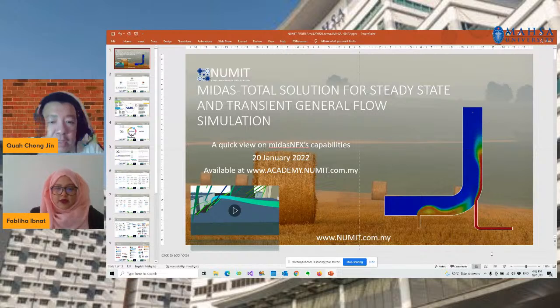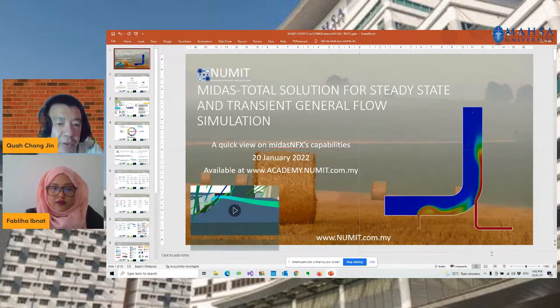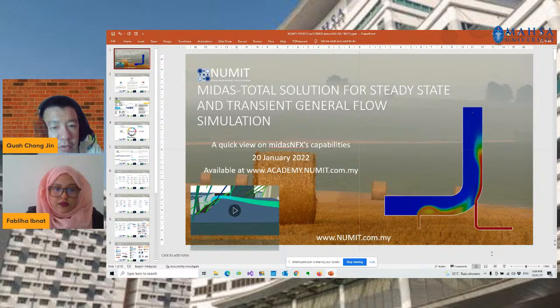Okay, so I will start with a short presentation before I move into a demonstration of using the software called Midas. Basically, I'm from Numi Engineering, located in Selangor. We have been doing simulation works and reselling our software for more than 10 years. We focus on a lot of industries like automotive, aircraft, medical, general mechanical, electronic semiconductors, etc. Those industries are applicable for implementing our software in either finite element analysis or computational fluid dynamics.